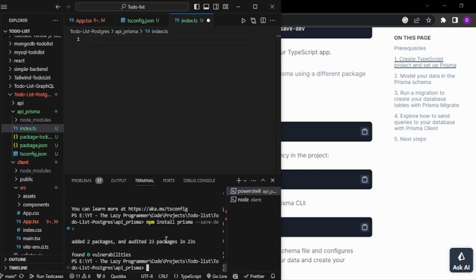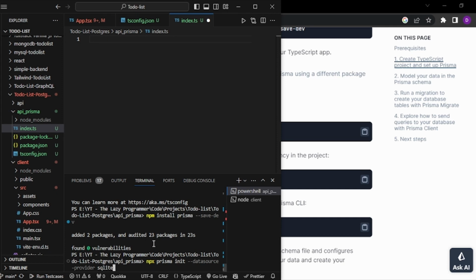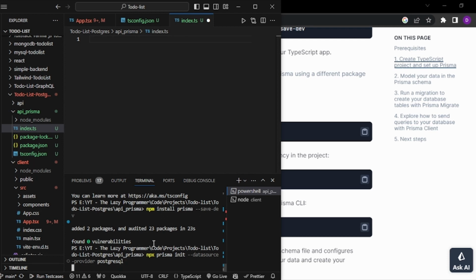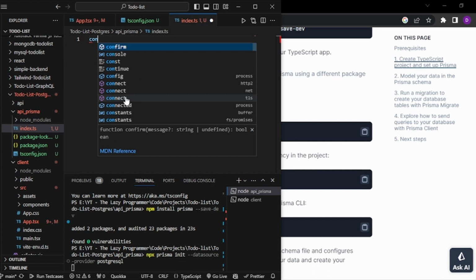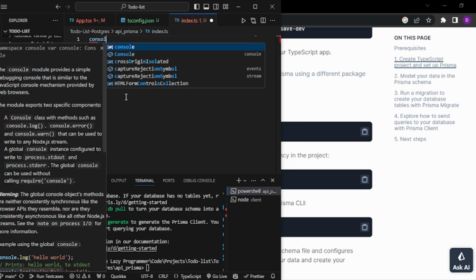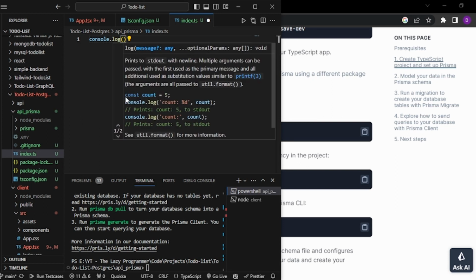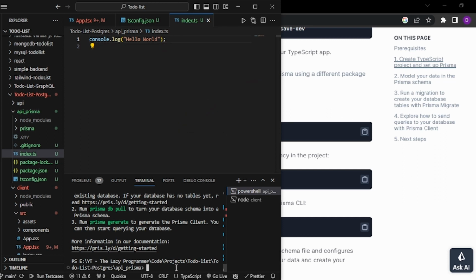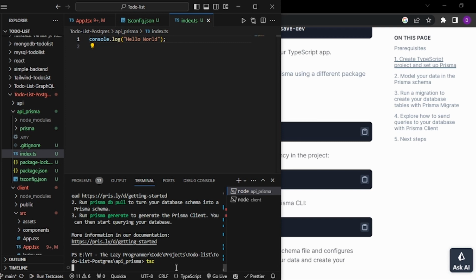okay, these things are installed. So let me run the last command. Instead of SQLite, I will write PostgreSQL and let it do its job. Meanwhile here let me write console.log hello world. Yeah, so everything is installed, and now if I simply run tsc,